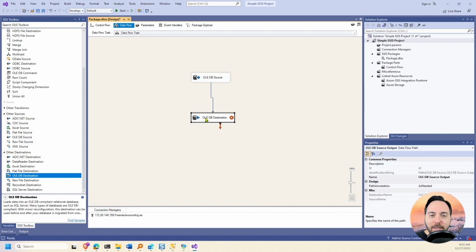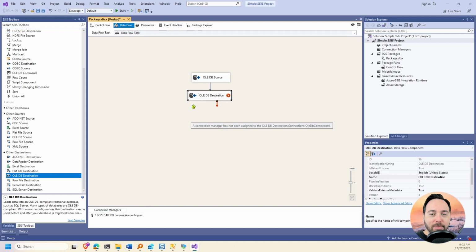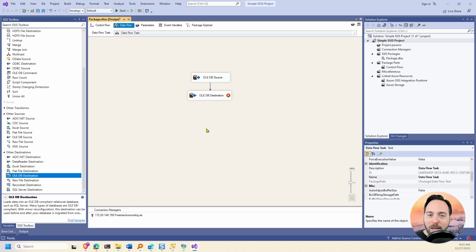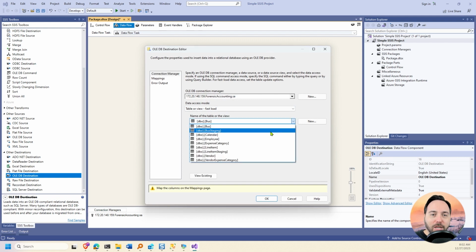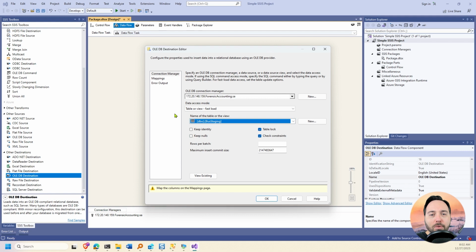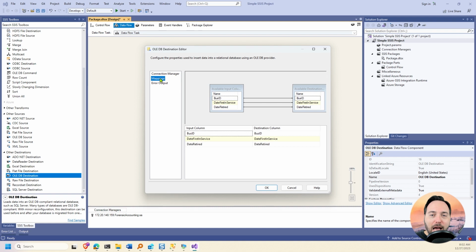Because I'm OCD this way, the vast majority of the time is going to be spent getting that arrow just right. But eventually, I will accomplish this task and then drill into the destination. I'll use the default OLEDB connection manager and choose the bus staging table. There are some things we can do to optimize this SSIS package, but I only have a few rows, so I'll leave it alone. Let's next go to the Mappings tab, and we can see that everything mapped correctly, so